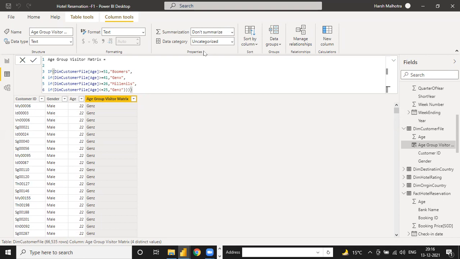See, but in Power BI, this is right. Why? Because when you put one condition, that one condition runs for all the rows, then it disables this condition and then runs the next condition. So Power BI works like this, but Excel works like what you said earlier, that in both conditions we have to put greater than or equal to 51, and here also greater than or equal to 41, less than or equal to 51.